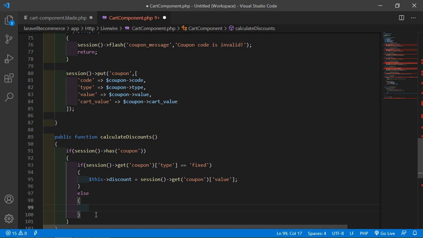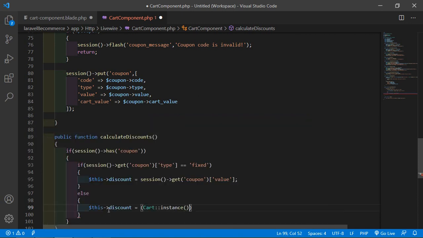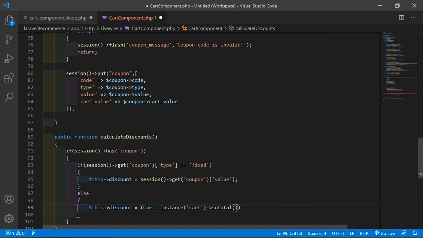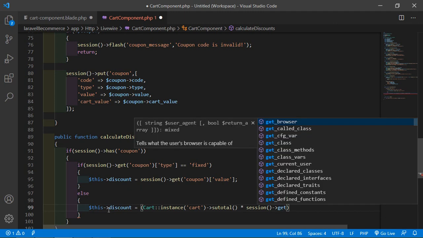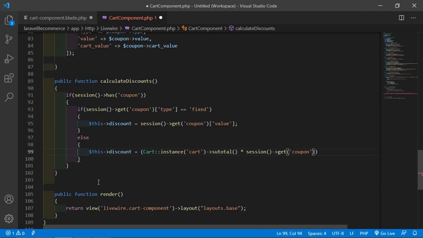If coupon type is not fixed, then inside $this->discount, and right here Cart::instance, add here the key cart, get the subtotal into session->get, add the key coupon and access the coupon value.